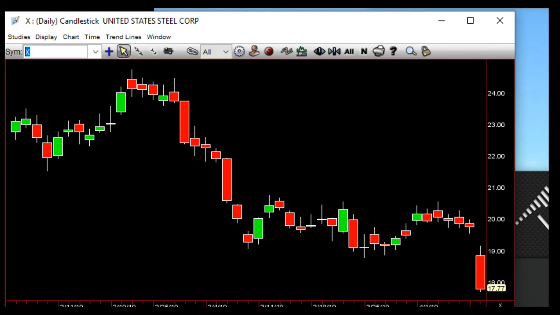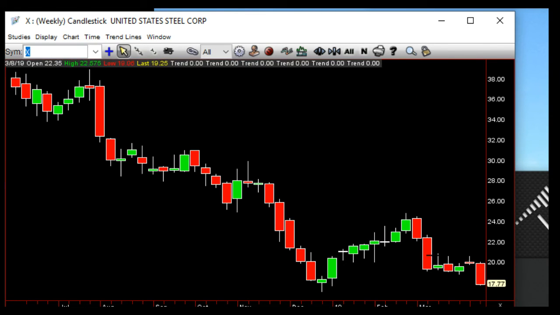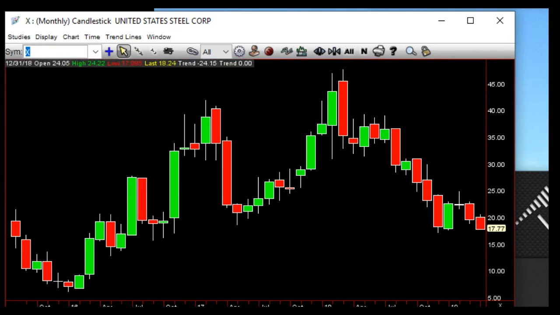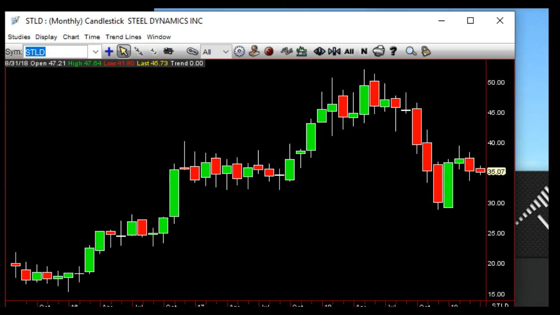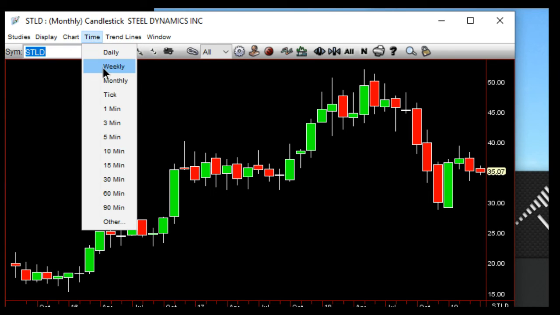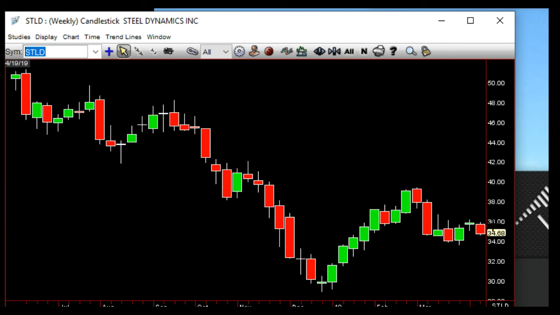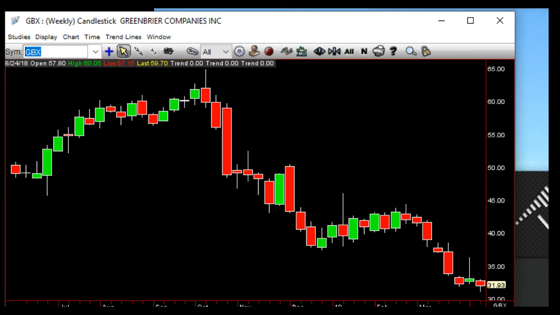Weakness in steel, letter X, puke. And there you go. There's your 2 down, 2 up, and boom, towards the lows. And monthly, hopefully you can take this out. RevStrat month continuation. STLD, I believe, doing some more puking over there too. That's still inside month, but you do have that 2 down, 2 up, weaker. And you can watch the rest of the steels with that. GBX. And GBX going into the lows.